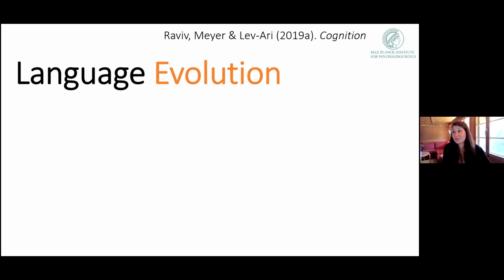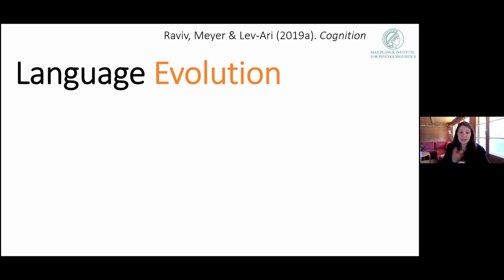Okay. So next, I want to examine the process of language evolution in a more realistic setting, because, of course, in the real world, people don't just learn and transmit languages from generation to generation in isolation, right? We don't do this. We actually interact with other people in the course of our lives, and we're subjected to communicative pressure when interacting. So it's not the case that you learn the language as a child and then never change your language anymore. That's not the way we work. We interact and constantly have this communicative need.